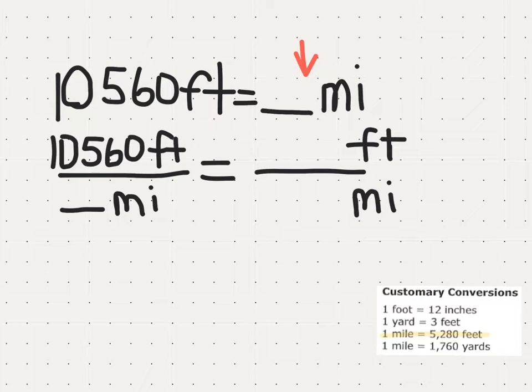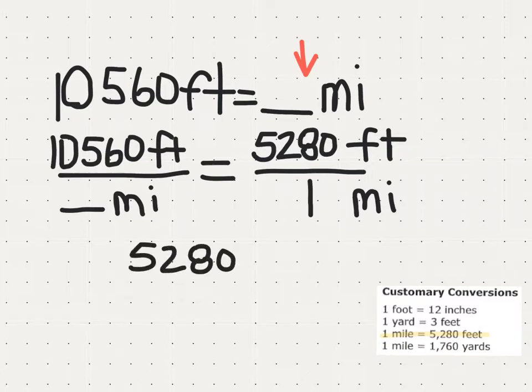So what I have to do now is write that down on the right-hand side of my equation. So mile, I have 1 mile, and if my word mile is right here, I'm putting 1 right there. And then I have 5,280 feet. That goes on top here, 5,280 feet. Now, if I want to, I can write my multiples of 5,280. I could do 5,280 times 1, times 2, times 3, times 4, all the way until I find the correct answer. I know it's greater than 1, so I'm going to start with 5,280 times 2,